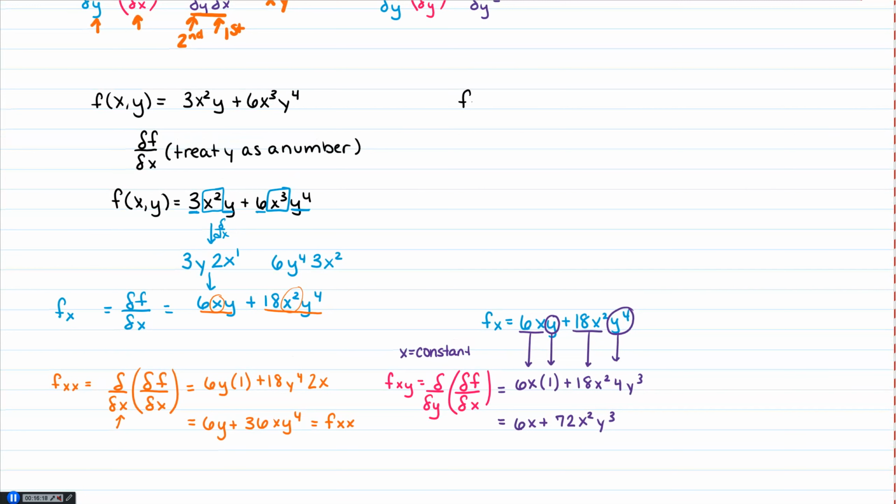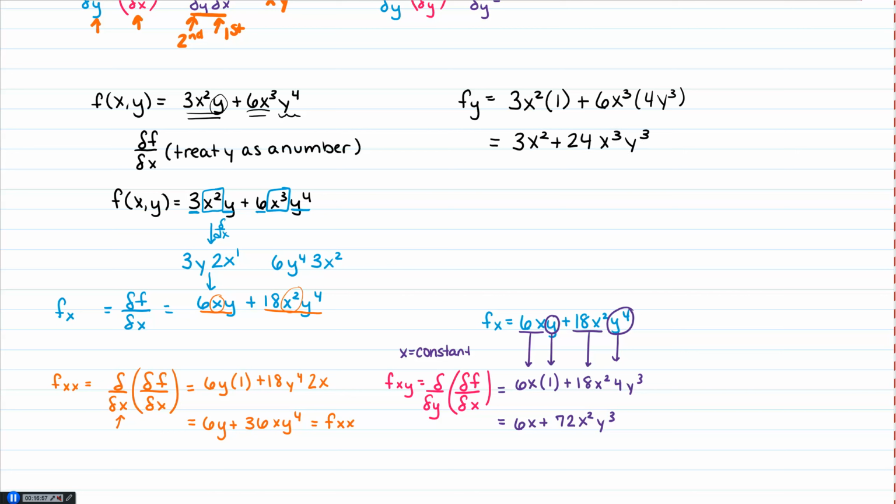So if I wanted f sub y, in this first term, the 3 and the x squared are constant, so 3x squared, and then we'll take the derivative of y with respect to y, which is 1, plus. And now here the 6x cubed stays, and the derivative of y to the 4th is 4y cubed. So the partial derivative with respect to y would be 3x squared plus 24x cubed y